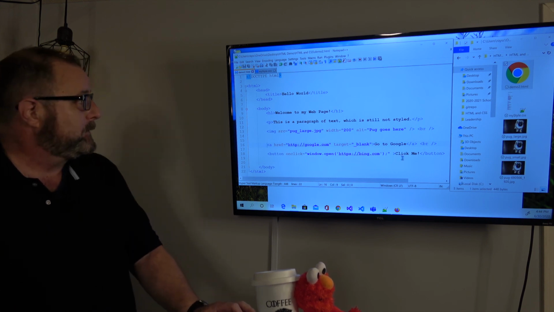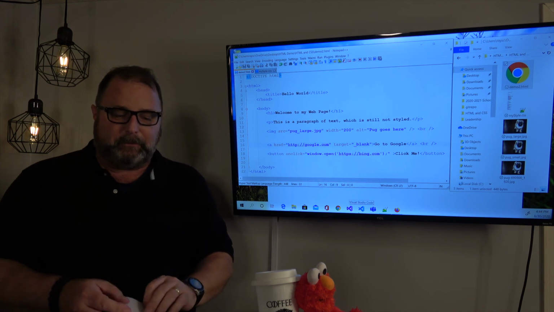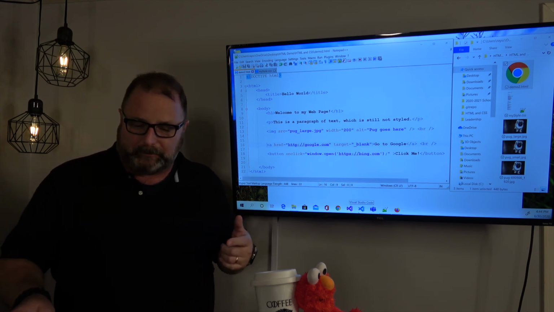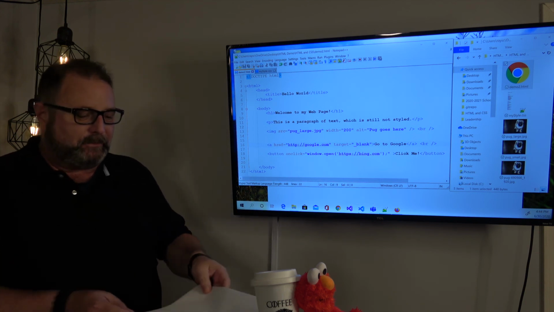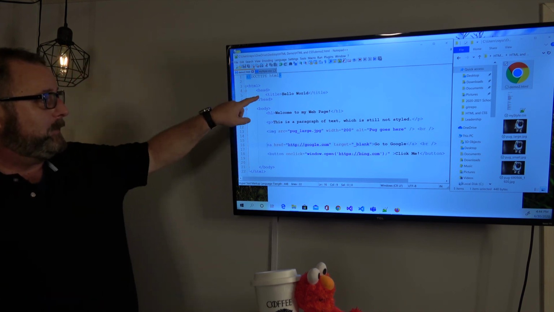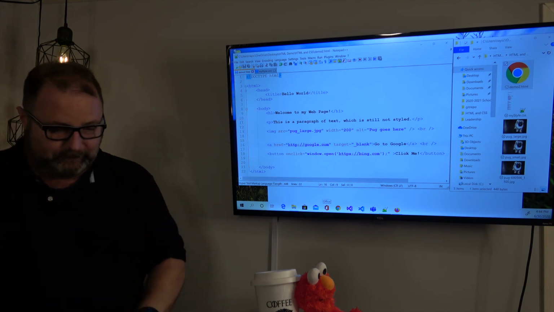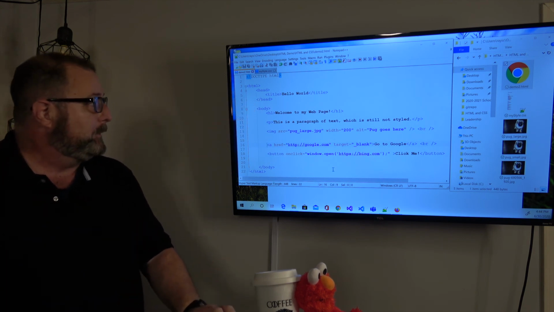All right, so one of the things we're going to need to do, as we mentioned in a couple videos ago, is we need to link in the style sheet. Okay, so what I'm going to do is in the head section, I'm going to link in the style sheet. So here we go. I'm going to go to the head,